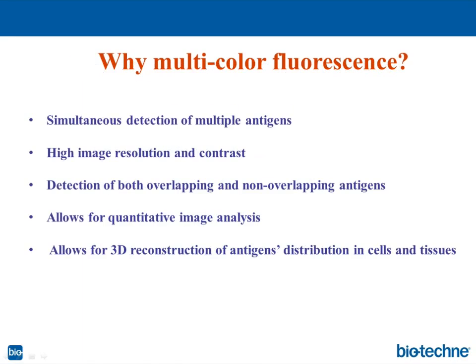Why fluorescence? Fluorescence is a perfect technique because we can look at multiple antigens in the same tissue. And we're talking about the antigens that may overlap or non-overlap. For example, you of course know about the technique when we use enzymatic detection using HRP and diaminobenzidine, and that's chromogenic